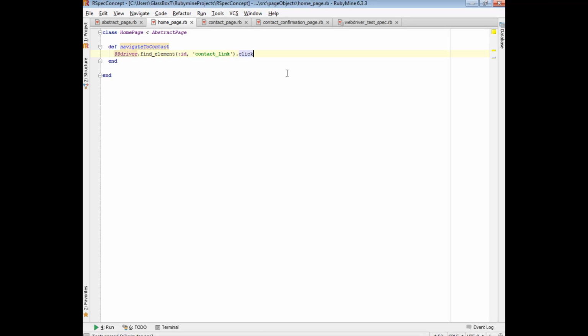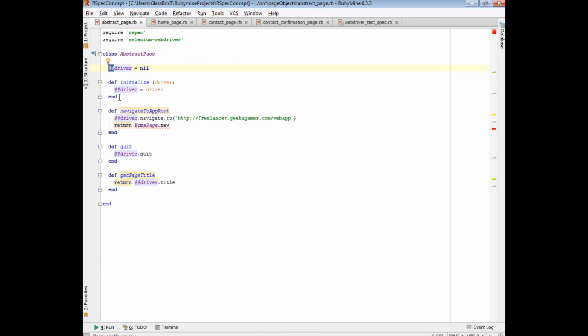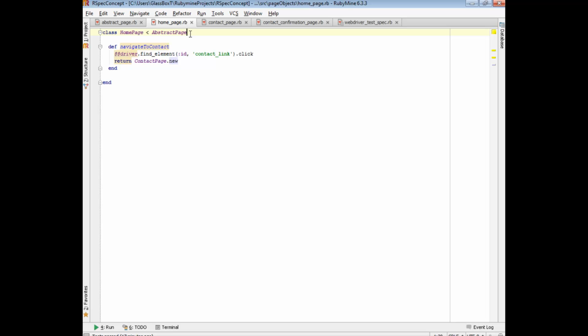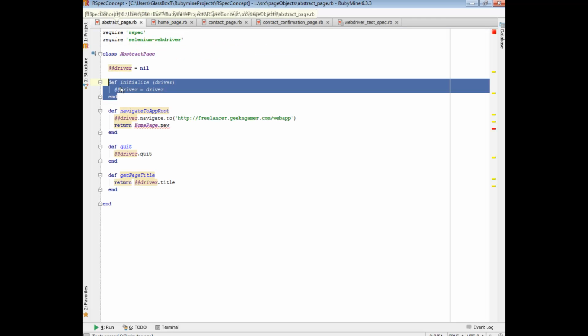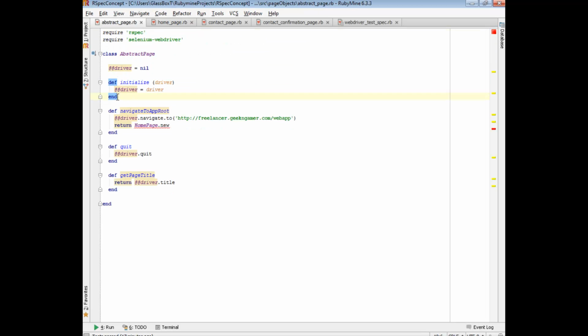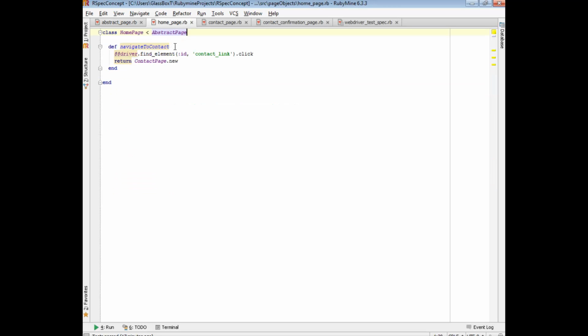So what do we want to do once we've navigated to the contact page? Well, we want to return this contact page object. So let's do that. Return contact page dot new. Now if we go back to the abstract page, look here that we've actually written a constructor. Now with inheritance we need to keep constructor creations consistent, so we actually need to create a constructor in the home page as well, otherwise it's going to fall over. So let's just copy paste this in here,